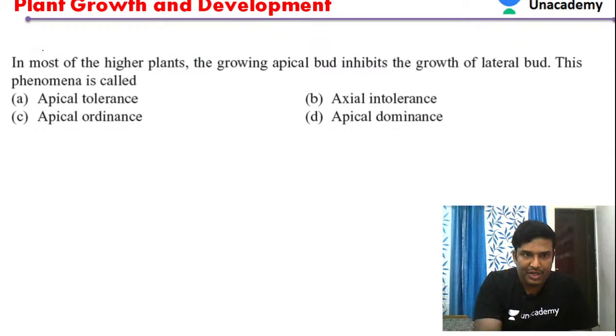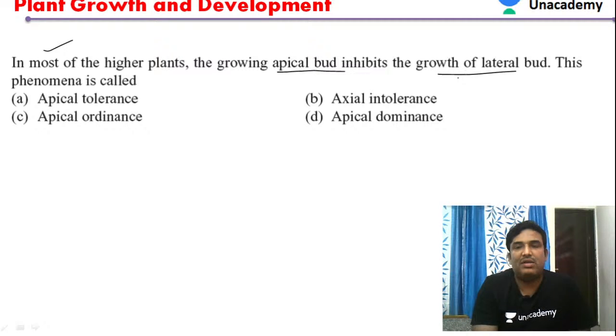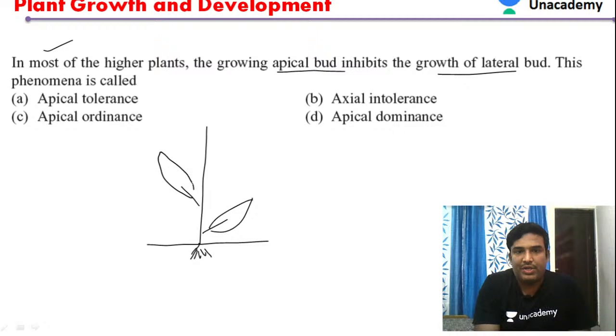Next question. In most higher plants, the growing apical bud inhibits the growth of lateral buds. What is this condition called? In some plants the apical bud is very active, so it keeps on growing. It grows tall without forming any lateral branches. What is the reason? That is due to